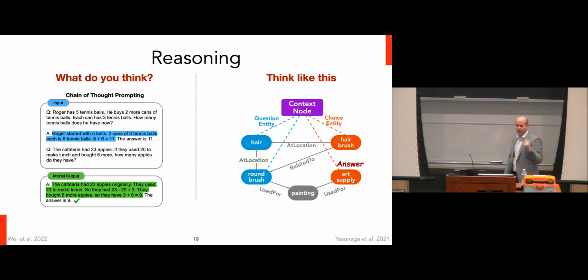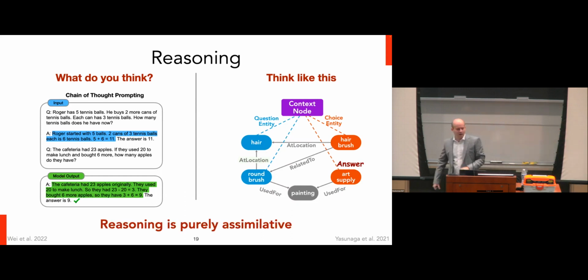But it's ultimately stuck using the tools that we provide to it, either the ones that it has already learned from pre-training or the ones that we give it as part of the input that it can learn to use. In both of these cases, I'm going to tell you that reasoning is purely assimilative. Essentially, the world model that the model can use for reasoning is already established and cannot change. And essentially, you are only just fitting the model's observations to what it has learned before.